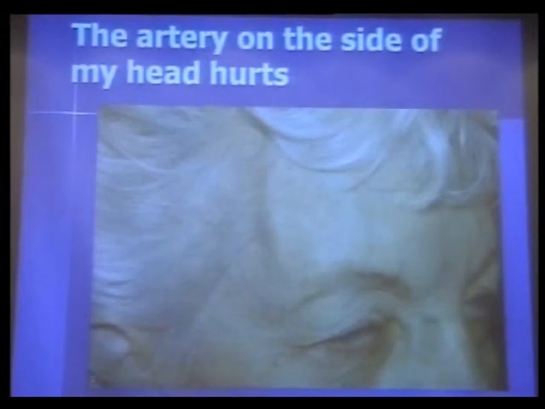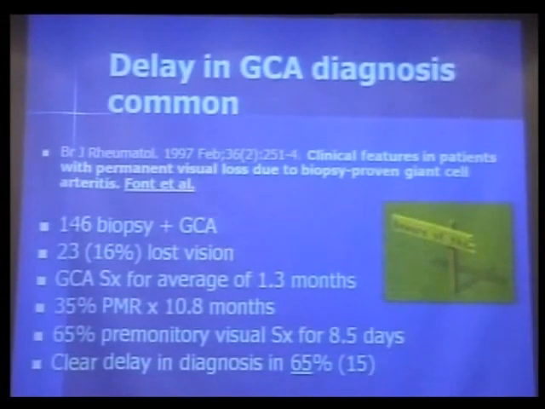This patient's complaint was transient diplopia, and I said, well, what's that thing on the side of your head? She said, this thing? That thing's been hurting me for a week. It's a garden hose on the side of her head. That's giant cell arteritis. And you'd think that giant cell, at least in the United States, would not be misdiagnosed,